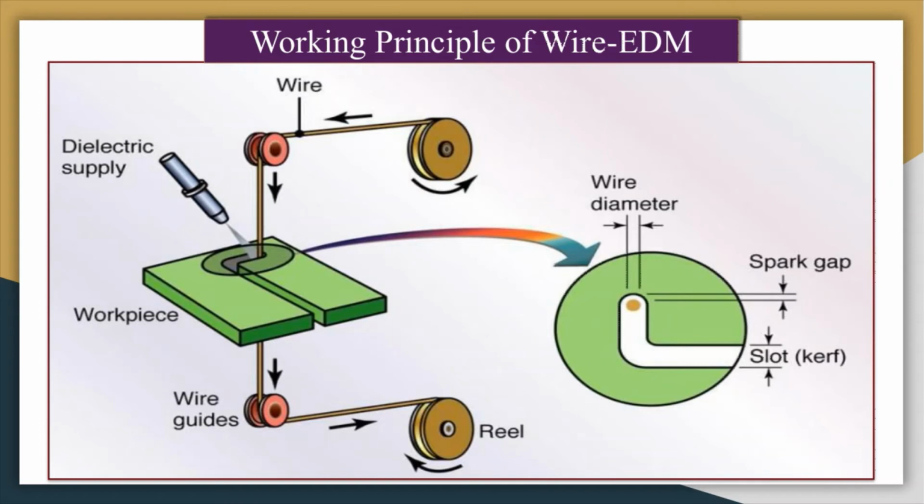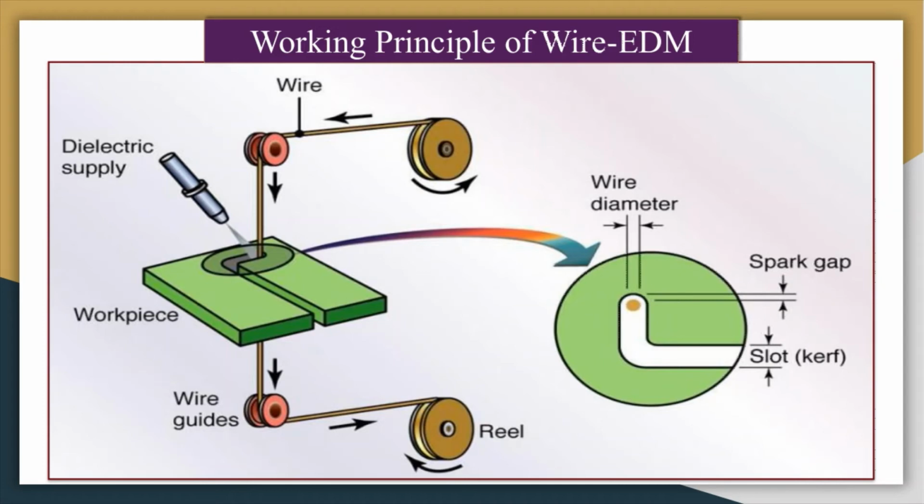But if you choose a very small diameter wire, then your current carrying capacity will be reduced. So there is an optimization of what the diameter of your wire should be, and you have to choose your wire based on your application. It can be compared with a band saw. In a band saw, the thickness of the saw determines the kerf or width of the cut generated in the workpiece surface. Here also, the diameter of the wire determines the width of the slot generated on the workpiece surface.